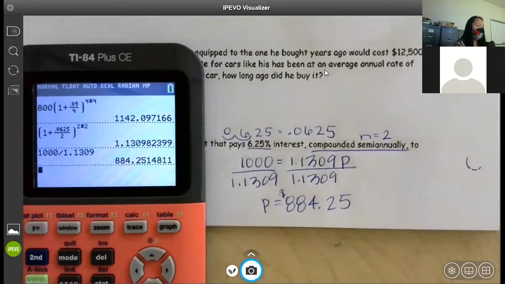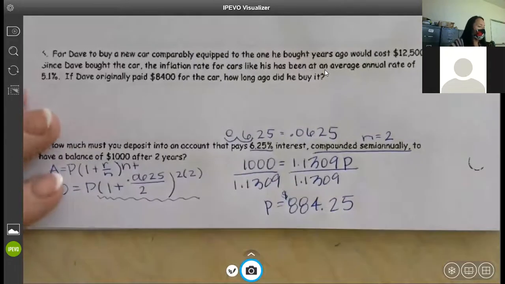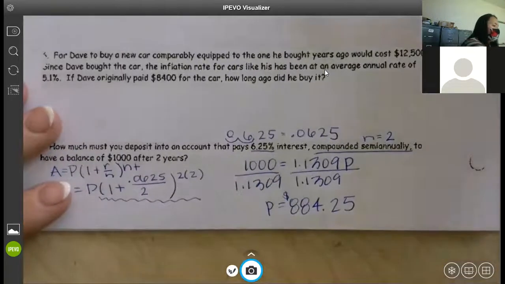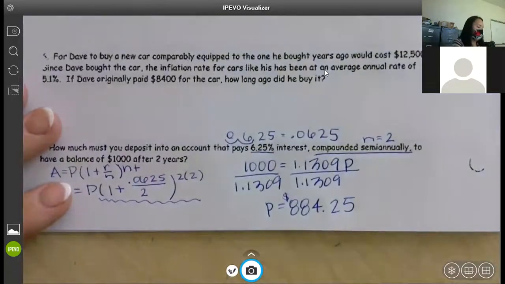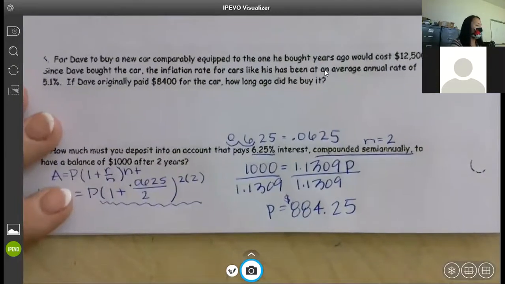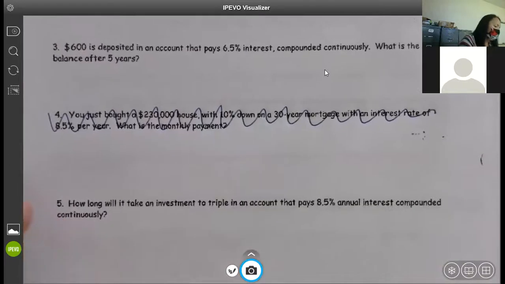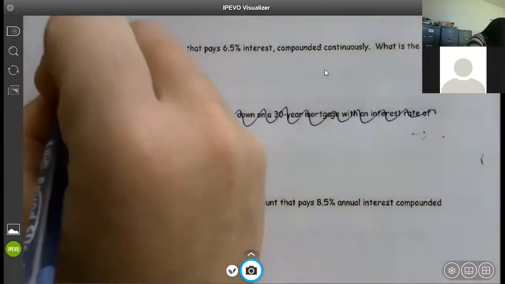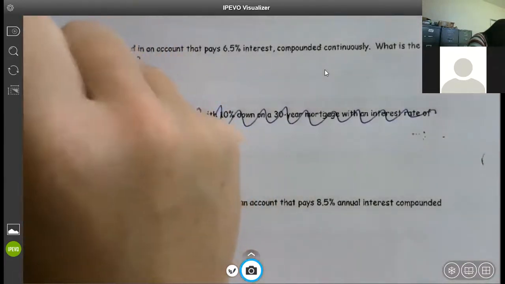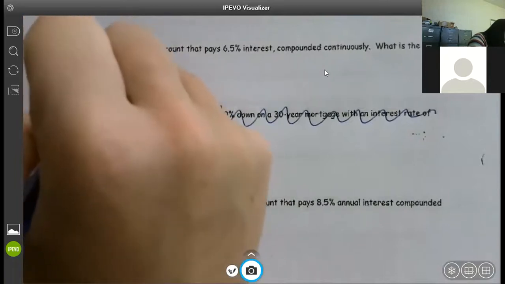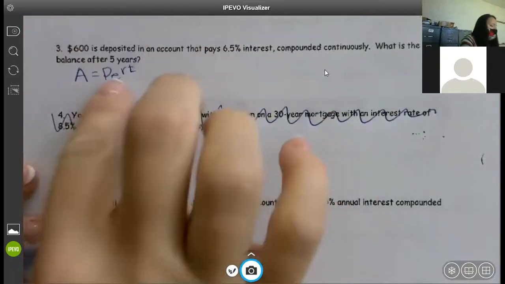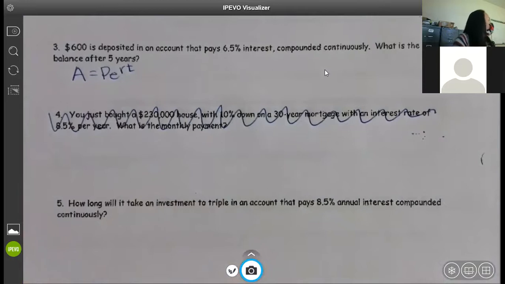All right. Any questions so far? I'm going to go back and do the compounded continuously ones because those are easy to find. So number 3 was one of them. I know we're skipping all around, but I want to do the same one over and over again. So number 3 was compounded continuously. That formula is your PERT formula. Remember, E is like pi. It's just a symbol. It represents